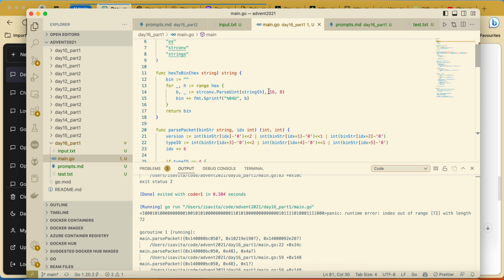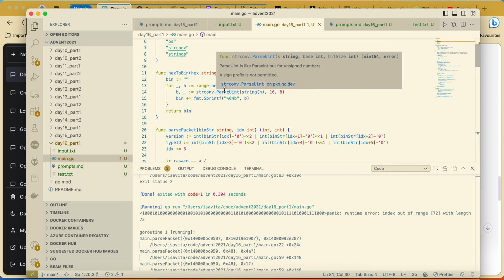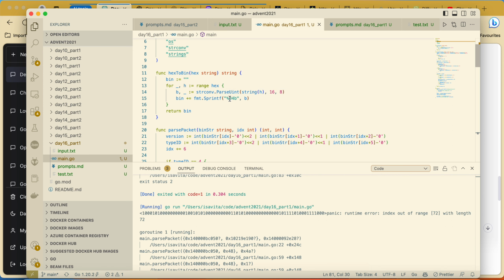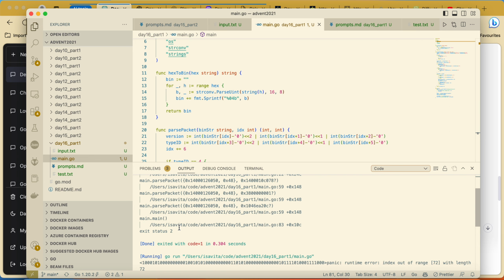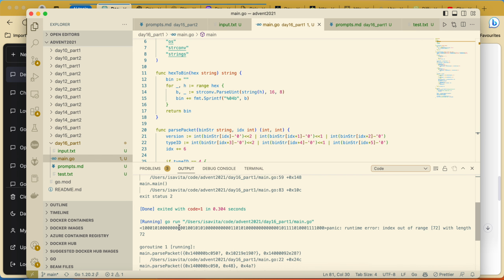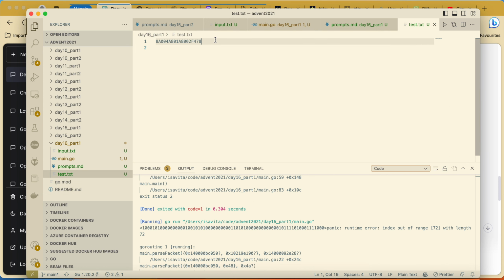We say the base is 16. Bit size is 8. And we're getting as an output a uint, and we're making from the uint a binary.